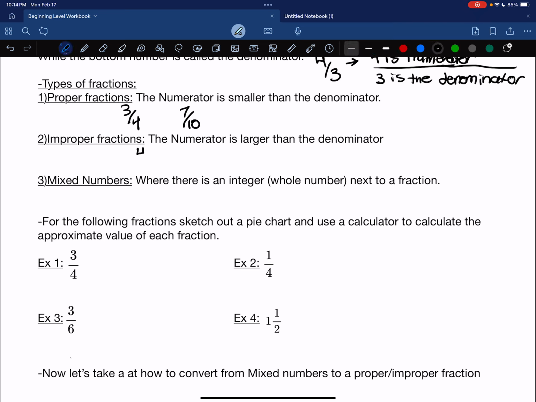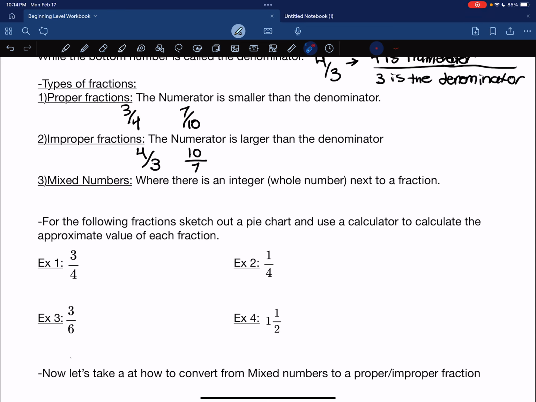Let's bring the 4 in the numerator and bring the 3 down in the denominator. Same thing here: let's bring that 10 in the numerator and then bring that 7 down in the denominator. And this holds true because the numerator, the top number, in both of these fractions is larger than the denominator